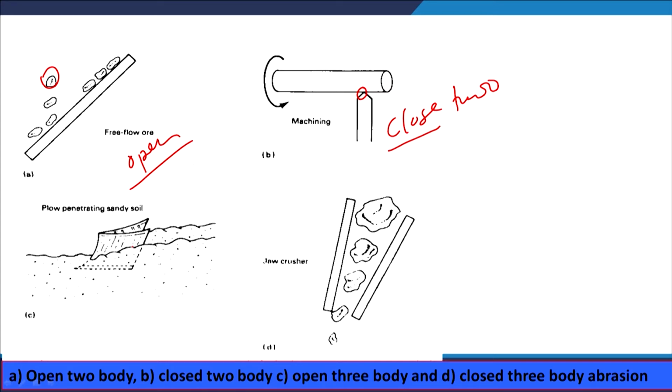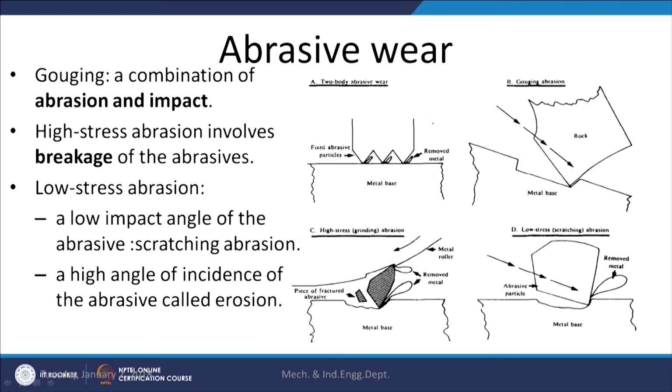So, sandy soil is being penetrated with the help of soil, so this is the case of the open three body abrasive wear, and this is the example of the closed three body abrasive wear, where between the two jaws the abrasive particles are fed and they are crushed. So, these are the abrasive wear mechanisms about which I have talked, like the gouging, which